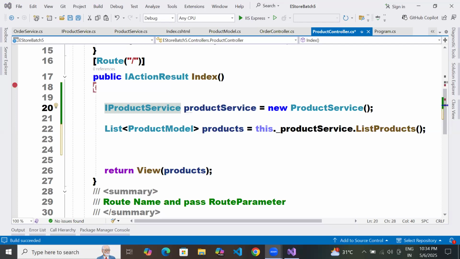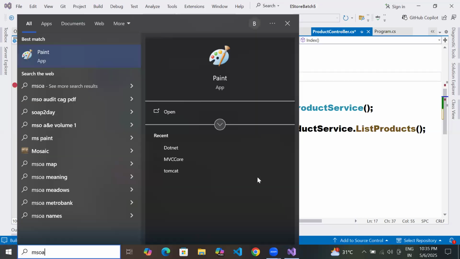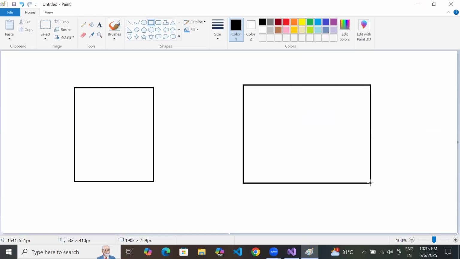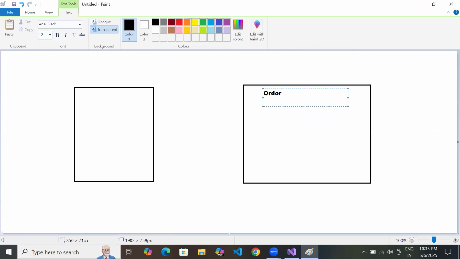Got it, sir. Subhajit, we created the object for the interface. If we were creating the object for the product service, then we would get it, no? See, this is how it is. You have a product service, you have an order service, right?